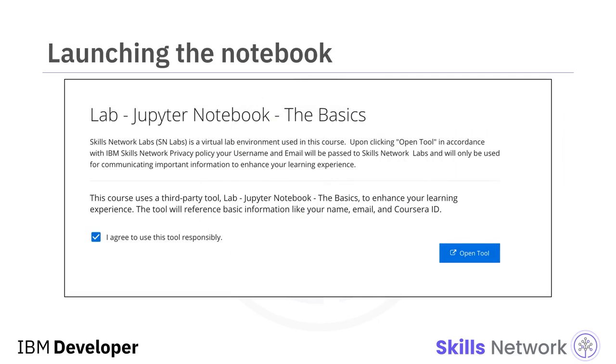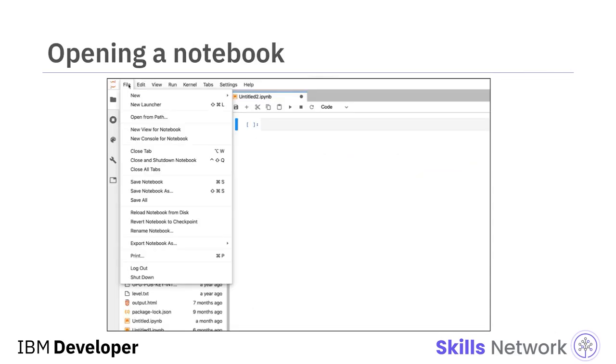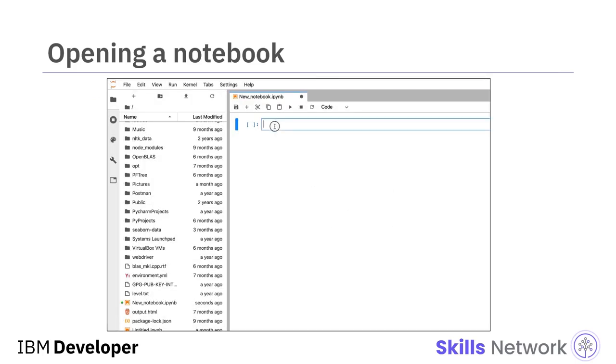In the lab session of this module, you can launch a notebook using the Skills Network virtual environment. After selecting the checkbox, click the Open Tool tab, and the environment will open the Jupyter Lab. Here you see the open notebook. On opening the notebook, you can change the name of the notebook. Click File, then click Rename Notebook to give the required name, and you can now start working on your new